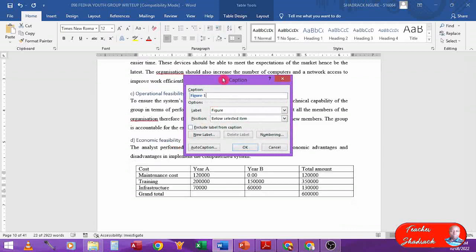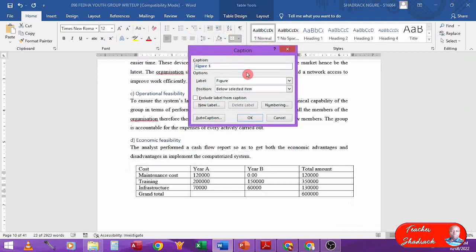Then the caption window will appear, but there is an already predefined caption label which you can change. If it's a table, of course you change it and call it a table, and then after it the table entry number, like Table 1, has been generated automatically. Don't interfere with it. Only probably add a colon and then ask yourself, what is this table about? You may give it a small heading description